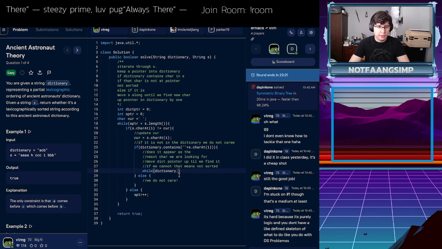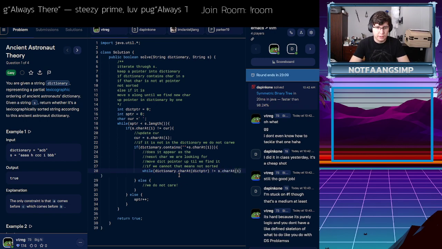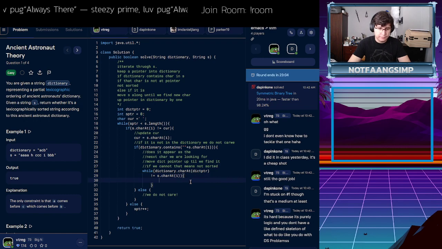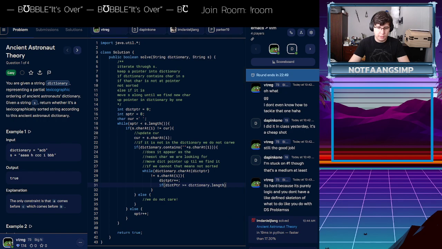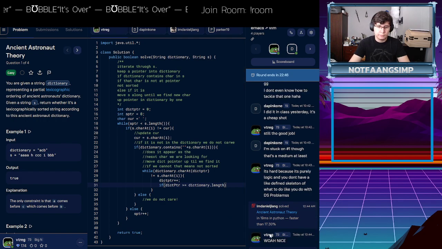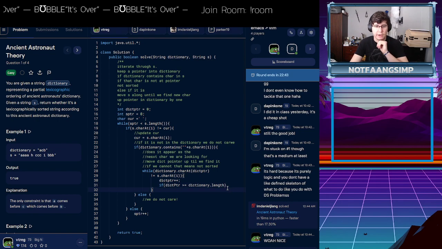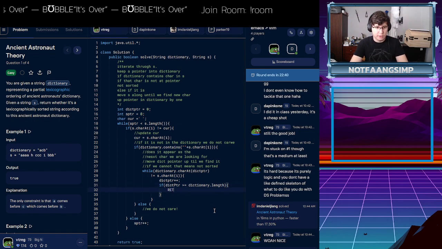While dictionary.charAt at our dictionary pointer does not equal s.charAt at I, we are going to move that pointer along. If dictionary pointer is greater than or equal to dictionary.length, so basically if we reach the end of the dictionary without ever finding that character, we can return